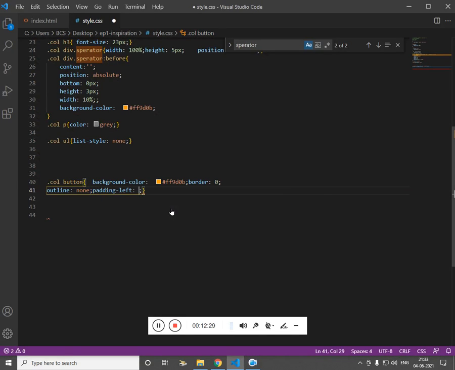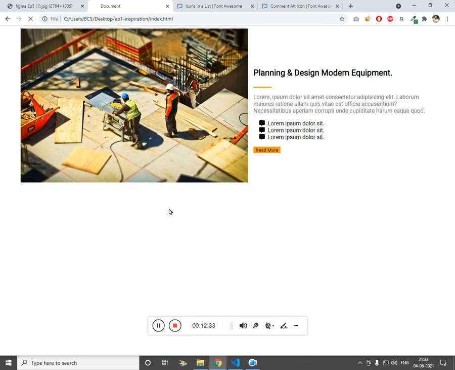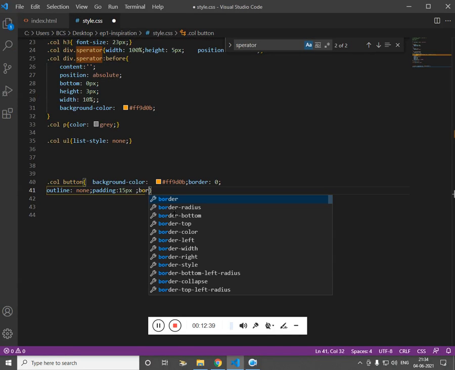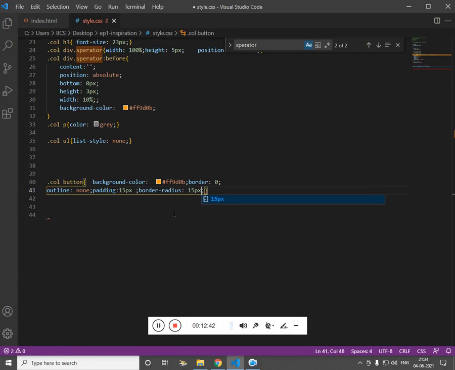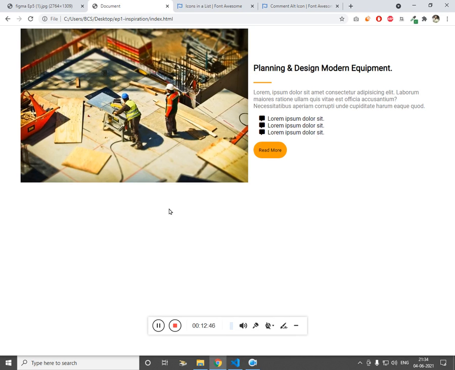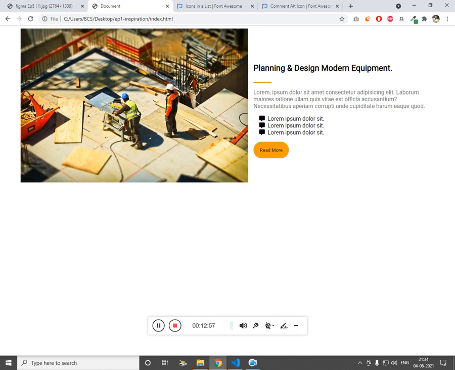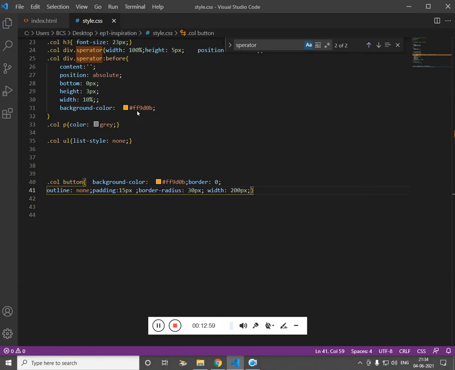Let me add the padding of 20 pixel on all sides, too big, 15 pixel on all sides, and let me add the border radius 15 pixel, 30 pixel. Cool. Just need the width to be 300 pixel for the button, to be 100 pixel, 200,